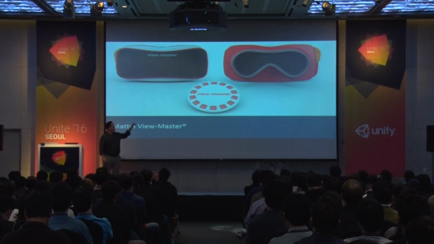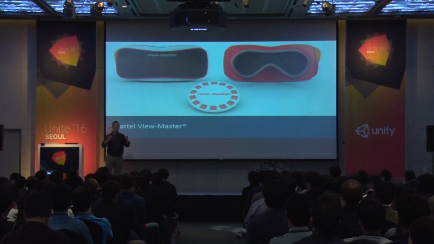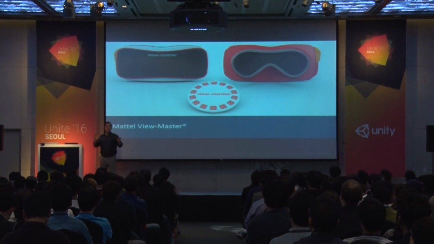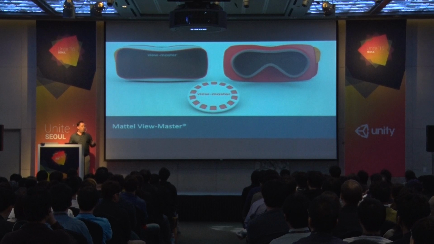This is the Mattel Viewmaster. If anyone remembers, back in the 70s, there was a toy called the Viewmaster, a stereoscopic headset where you would take reels with photos on them, slip them into the headset, and you'd get a 3D stereo view of a scene. It was very popular, but it didn't really do anything, it just gave you a static picture. So Mattel has updated this, and they've adapted it now for mixed reality. I'll show you an example.